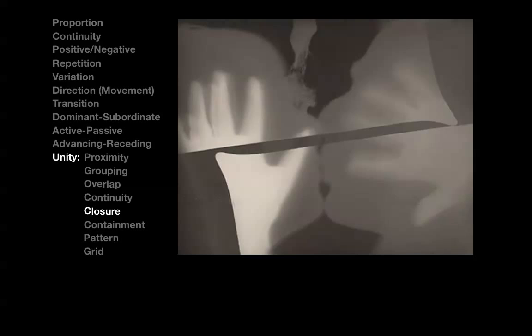You can see closure taking place here in the fact that parts of the hand are separated, but the visual continuity, the contour continuation, helps to create unity. We also see that this part that's missing is of no relevance. In fact, the ambiguity is fairly interesting. We still sense that there is an entire hand.